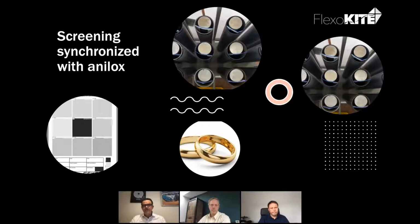following on from Rob, as a converter, you need to have the flexibility within your company to move jobs from press to press. That's the standard. To have a dedicated white plate with a dedicated press and a specific anilox can be impractical and inefficient. As we just heard, there are a range of surface patterns that can suit a range of anilox configurations. However, to add to the complication, the micro screening options are not married to just the volume, but also to the LPI or lines per centimeter of that anilox. To put that into perspective,